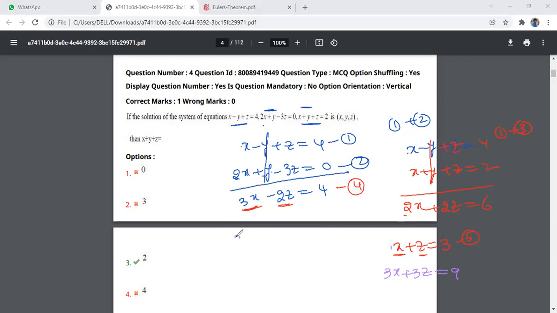Now you write 1 by 1, 3x minus 2z is equal to 4. Here 3x plus 3z is equal to 9. Now here these two symbols are same, no? Two symbols are same, so we cannot add here, we have to subtract. Whenever you are subtracting, all the symbols will be changed. So this will be cancelled. How much will it be? Nearly minus 5z. I think somewhere we have gone wrong.